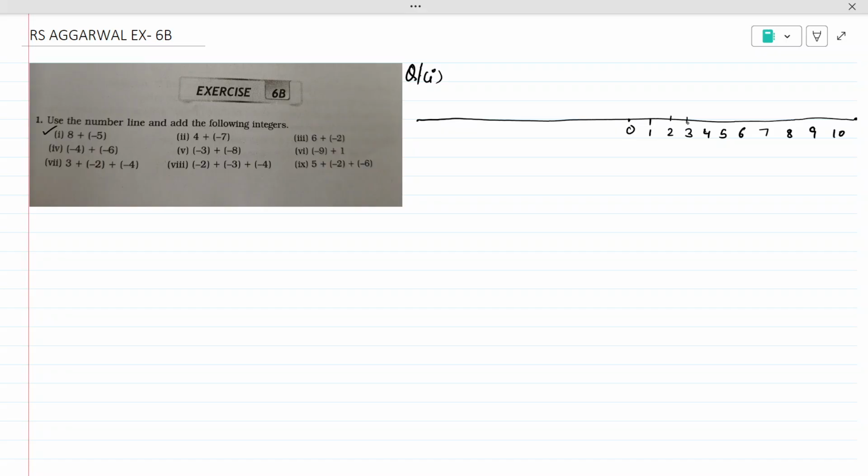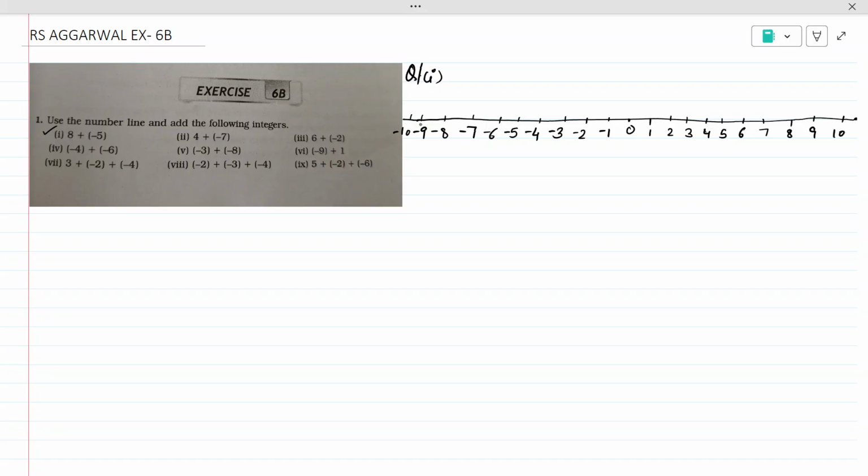These points should be equidistant when you are making them with the help of a scale. Okay, and now it is minus 1 here, minus 2, minus 3, minus 4, minus 5, minus 6, minus 7, minus 8, minus 9. Let me extend it to minus 10. Okay, so this is the number line, and we are going to use this number line to do the given